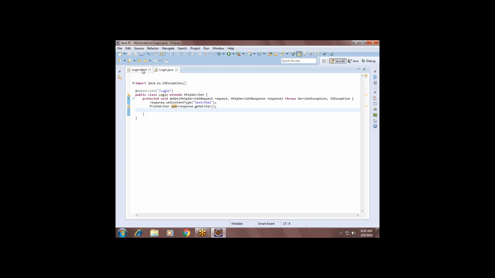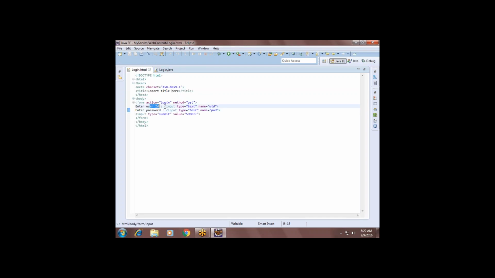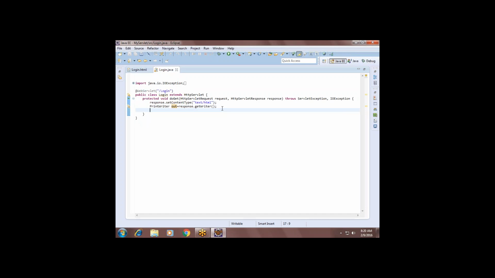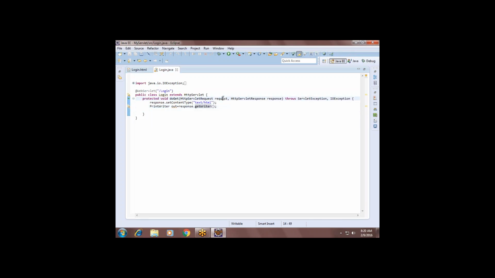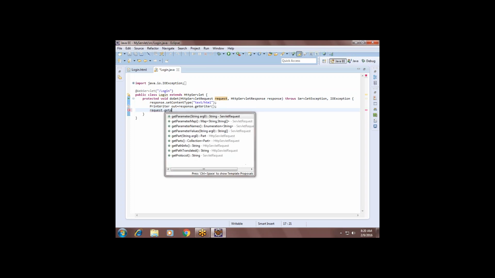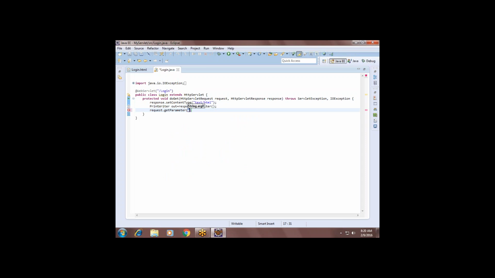Next, what exactly is my intention in this program? You have to receive the client's username and password, check whether they are correct or not, and send the response message. So first you need to receive the request values. How will the client's values be received in the servlet? There is a request object. I told you that the container will create a request object and fill the values in it. So request dot getParameter. What is the parameter name?